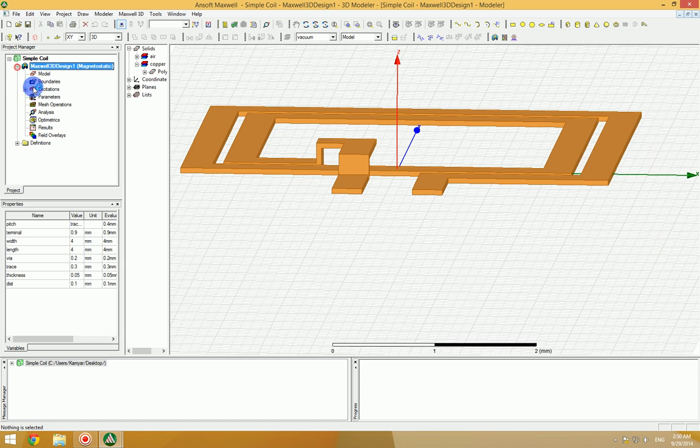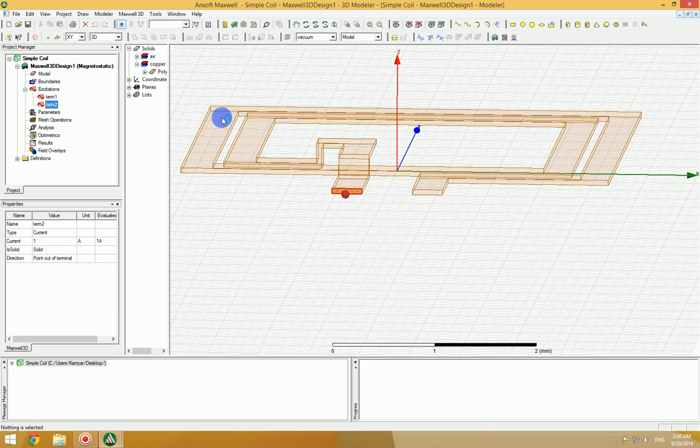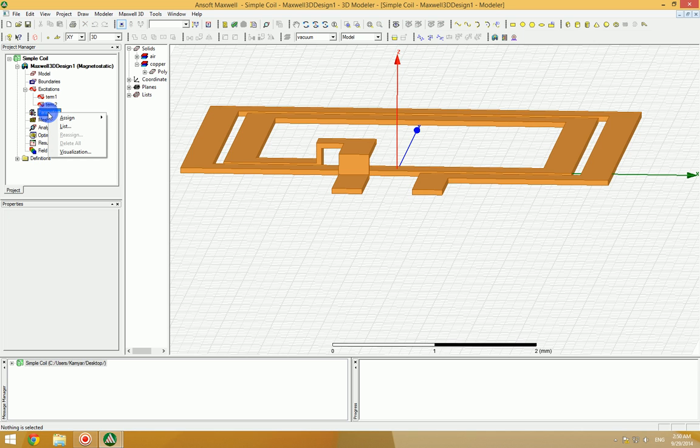Now I'm going to save it, and look that I have 2 terminals defined like this. And now if I go and run the simulations, I can have all the E and B fields and all the other stuff, and you can calculate your inductance. But one easy way to get your inductance is to right click on parameters and then select under assign,